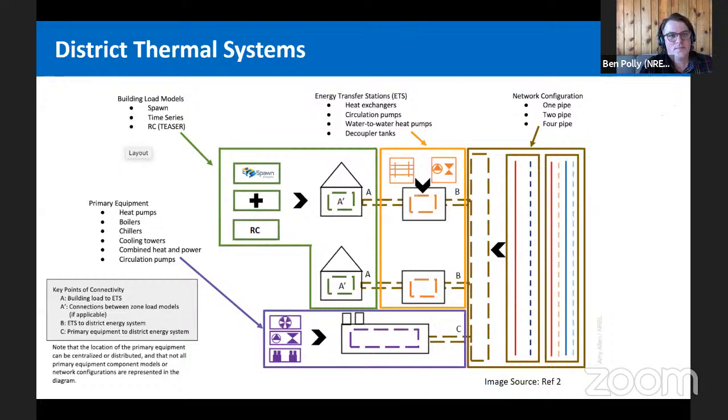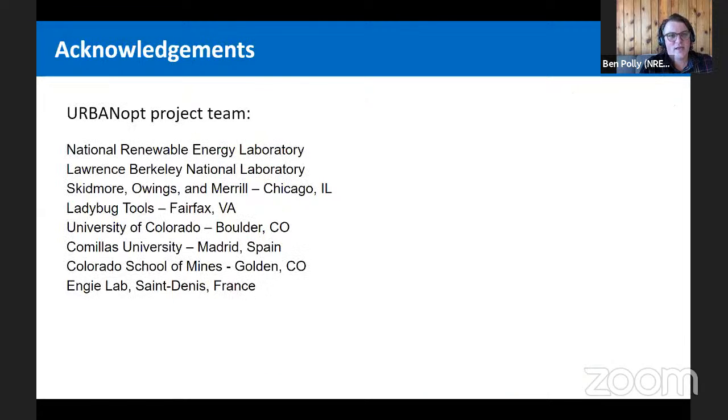So, next slide. I just wanted to end by acknowledging that the work we've covered today represents many contributions from a variety of teams. Specifically, folks that I haven't mentioned: we're working with Skidmore, Owings and Merrill, Ladybug Tools and SOM to pilot these capabilities on real district projects and get feedback from architects and master planners to help drive the development of the tools.